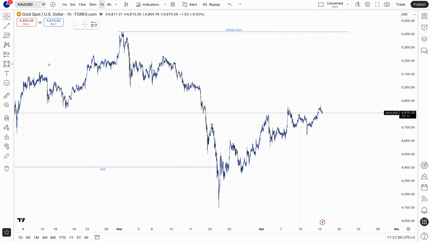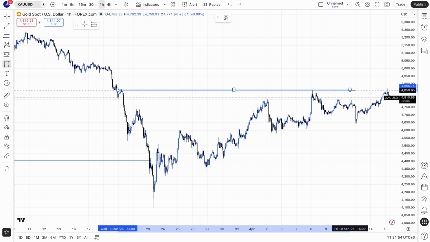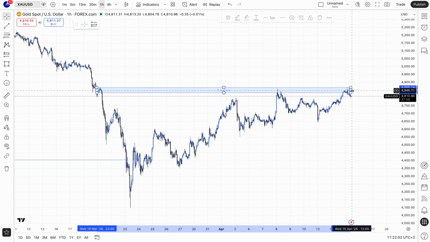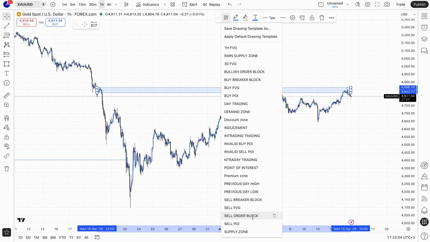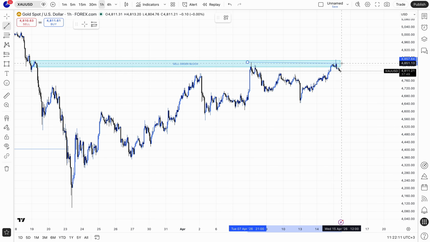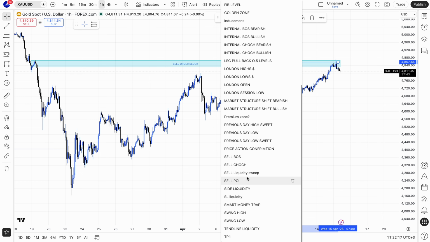We had our order block, which was here. We're still focusing on this order block, this bearish order block. The price came and then we had our liquidation. We had this liquidation to the upside. And after having this liquidation to the upside,